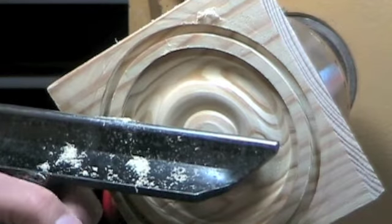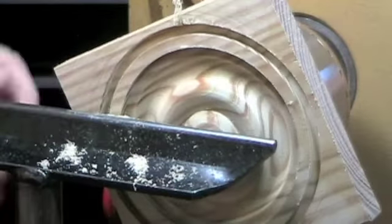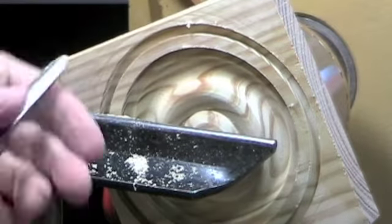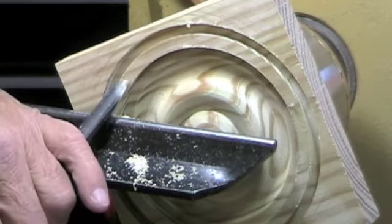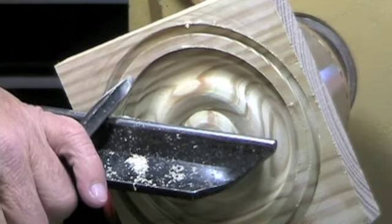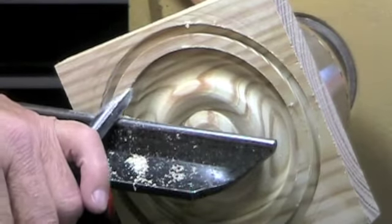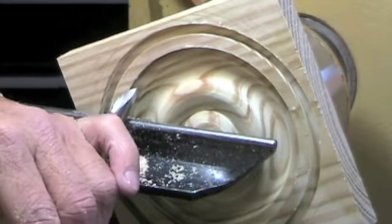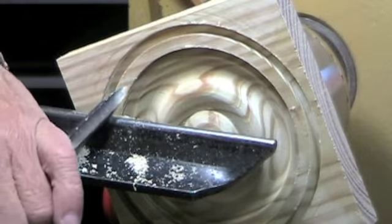So over the years, turning so many of these hand mirrors that often have beads in this position, I figured out that when I turn a bead on a spindle, I start the cut right here, and I sort of rotate the tool over, and the cut goes down the wing a little bit, and I roll around this way, and I don't have to move the handle as far. Same thing over here. I can pull it this way and pull it around. Now,